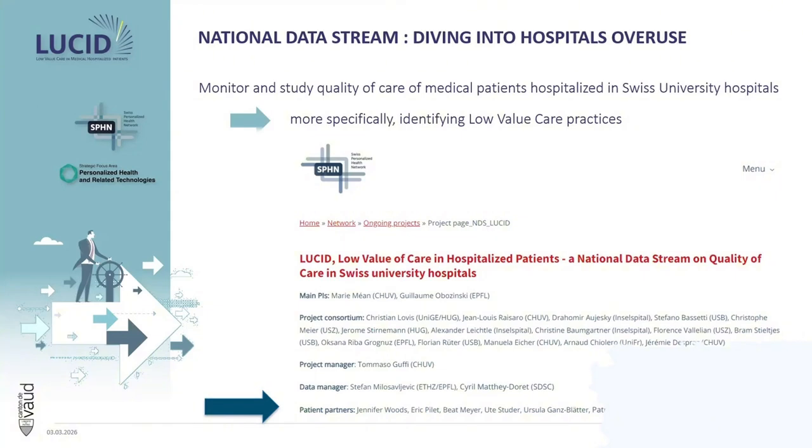This project is a national initiative sponsored by the Swiss Personalized Health Network. It was also mandatory to have a PPI strategy, as for the IICT call. So therefore, I will try to share some lessons I have learned. And here is the web page we still have actually. And you can see that we have patient partners mentioned on the website. It's important not to just mention them. It's a word I also had to learn on the way: tokenism, to say we do PPI just to